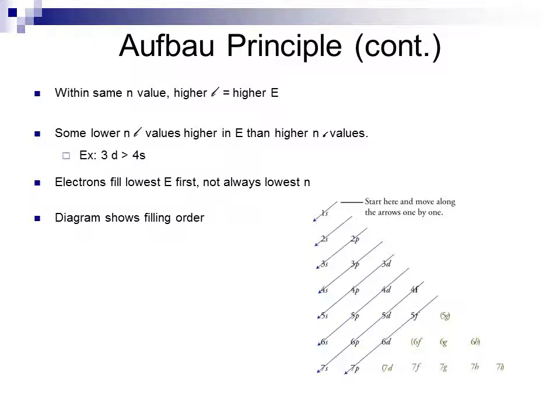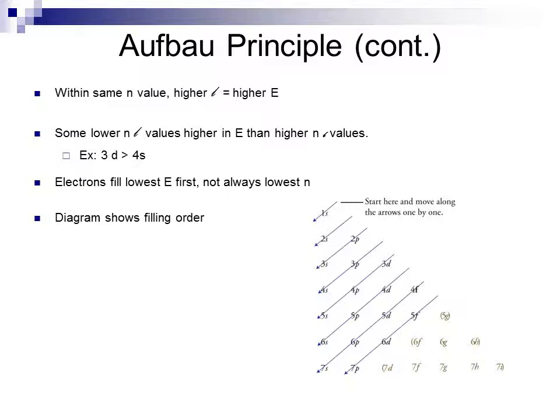Looking at this diagram, in order to determine how the orbitals are filled, we go from the first arrow top to bottom that we encounter, start at the tail of the arrow and work towards the head. Every orbital that is crossed is filled in the order that it is crossed. So starting with the first arrow, we cross a 1s orbital, and that is all. Move then to the second arrow, which crosses a 2s orbital, and that is all. The third arrow is the first one in which we cross over more than one orbital, starting with a 2p